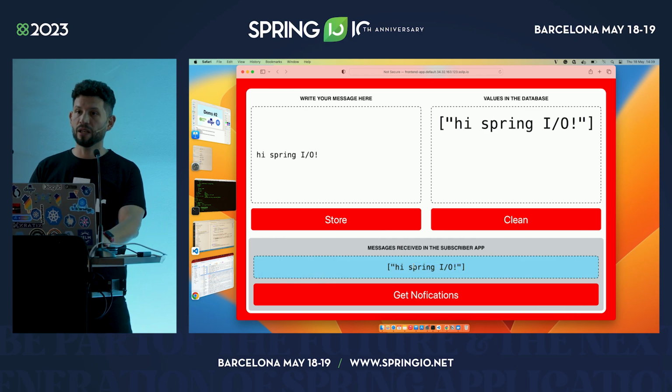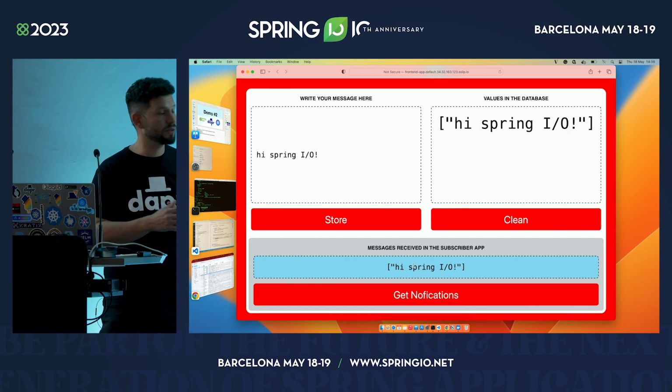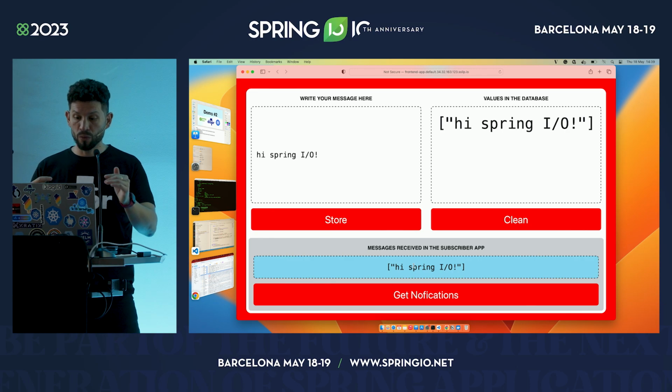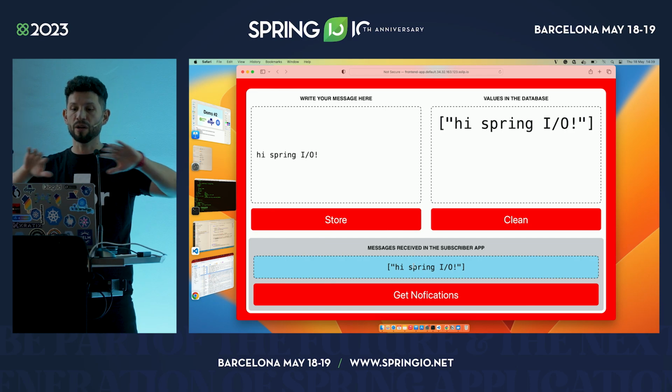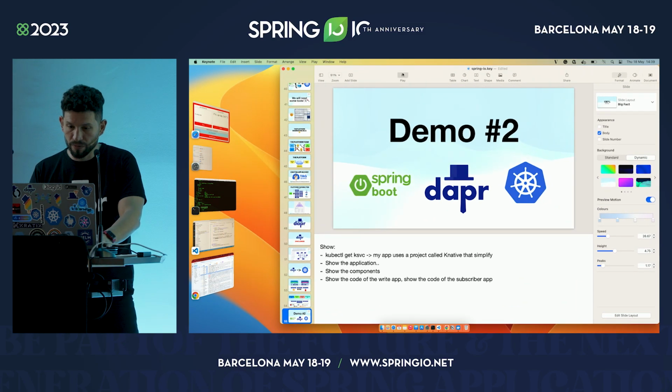Again, the whole idea here is we have a standardized API that our applications, in this case Spring Boot applications, can use in order to interact with all these infrastructural components without knowing which those are. Like, can be Rabbit, can be Kafka. The application doesn't have any dependency. We just separated a bit the infrastructure from the application code. That was the point of the second demo.